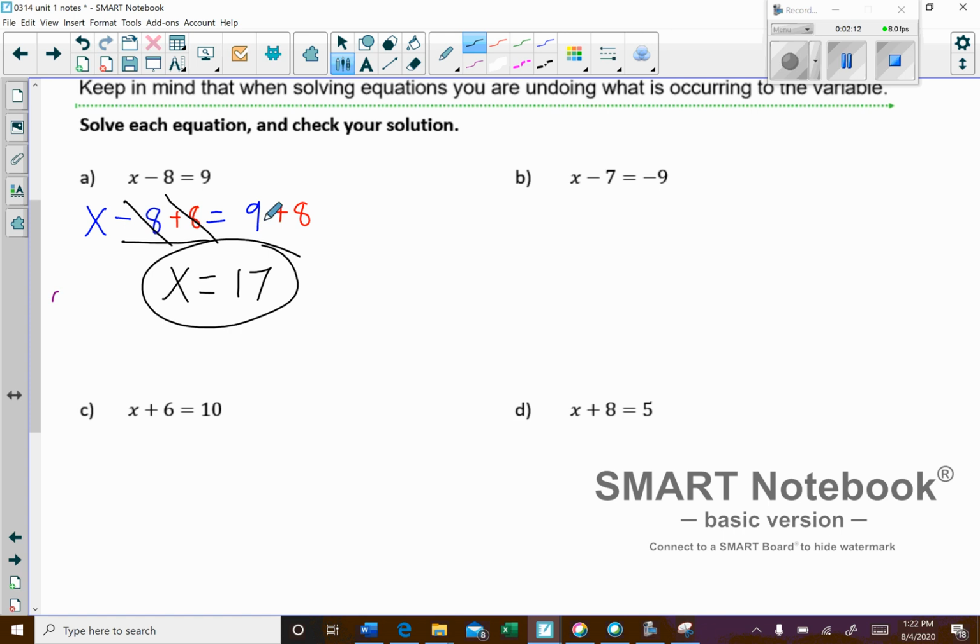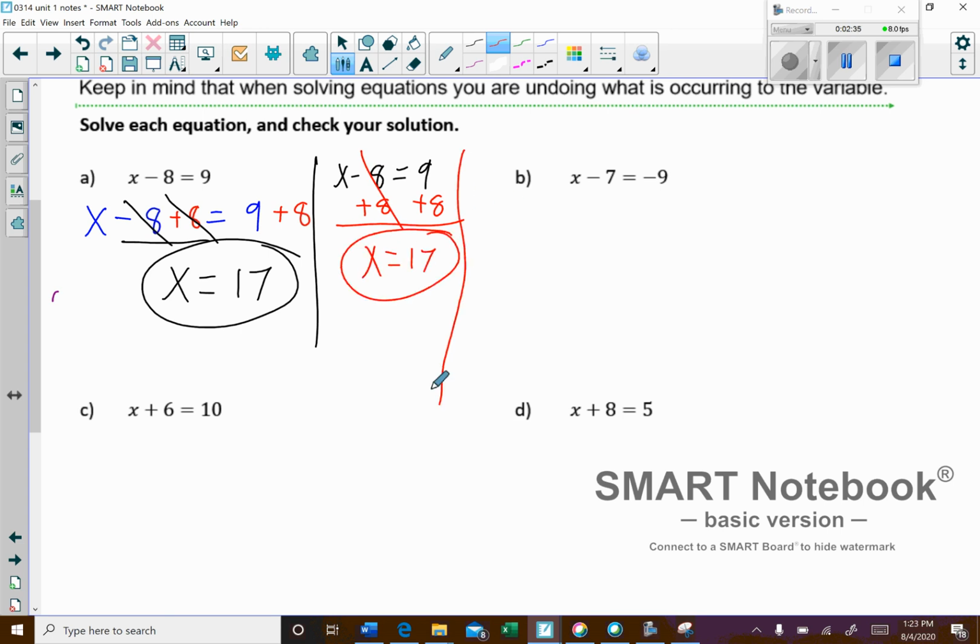Another popular way that students will do this, and including myself, this is the way I like to solve these problems, is to solve them vertically. And what I mean by that, instead of having to rewrite it, what I would do is I'd just put a plus 8 here and a plus 8 here. And so that cancels out, and I'm left with x equals 17. So that's kind of the vertical approach, and I'm a big fan of that, but you do have to be careful. So if you look at example B,